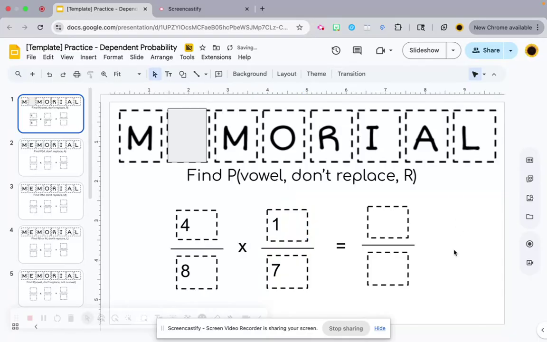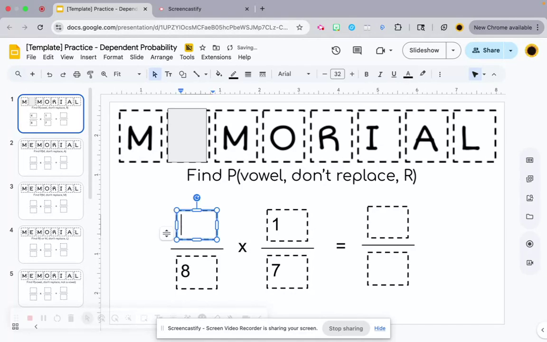Now with compound probability, to find the probability that both of these things happen, I simply multiply my two fractions together. Keep in mind, you do not need a common denominator when you multiply. You can cross cancel if it's possible, or you can simply go across the top, go across the bottom, and simplify at the end. One thing that's catching my eye is I could simplify 4/8